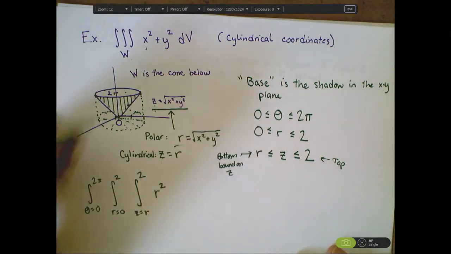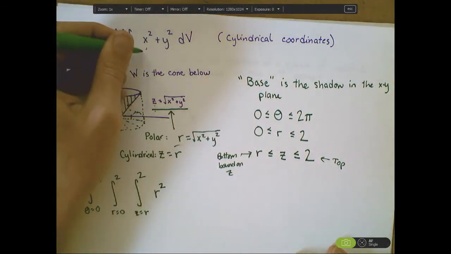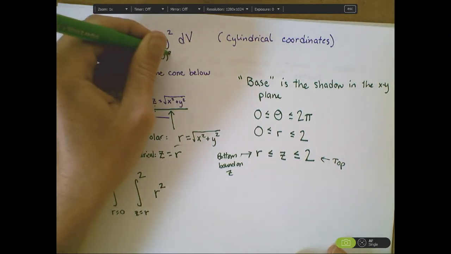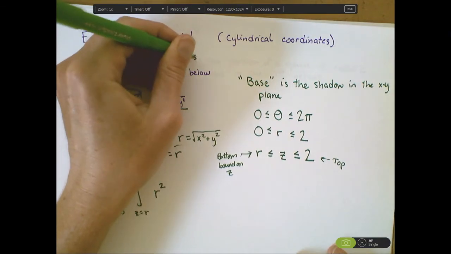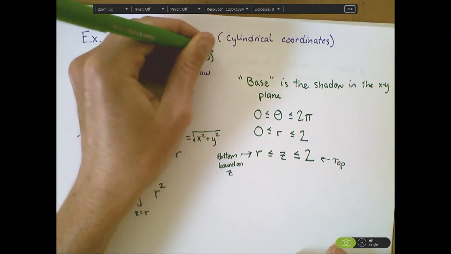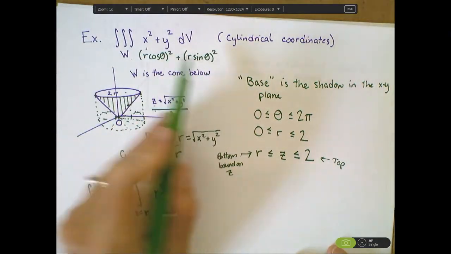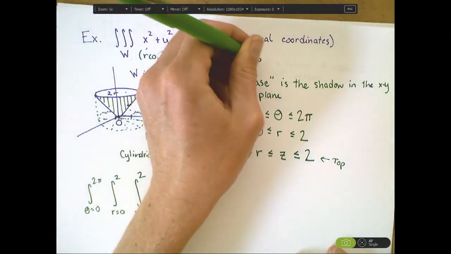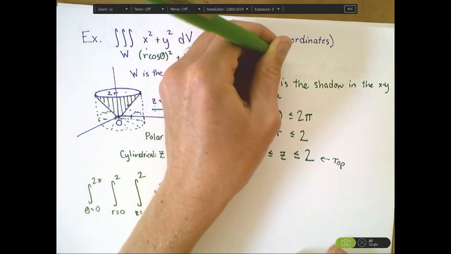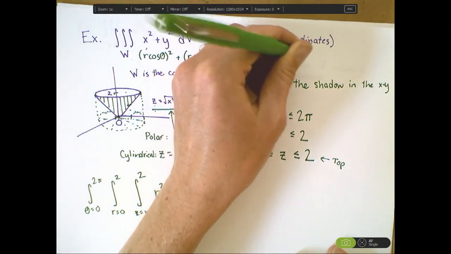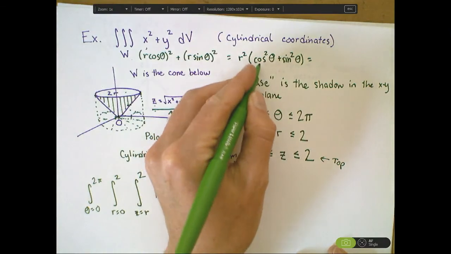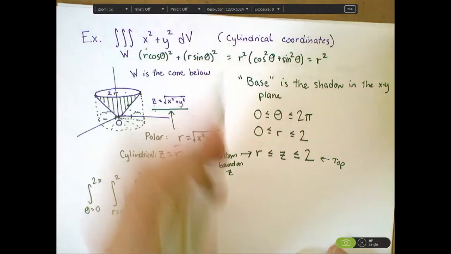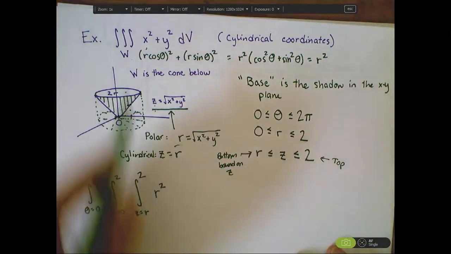I could also go through the process of simplifying, using the fact that x equals r cosine theta and y equals r sine theta, and squaring each of those. I can simplify this to r squared times cosine squared theta plus sine squared theta. Cosine squared plus sine squared equals 1 as a trig identity, and that means this equals r squared. So either way,